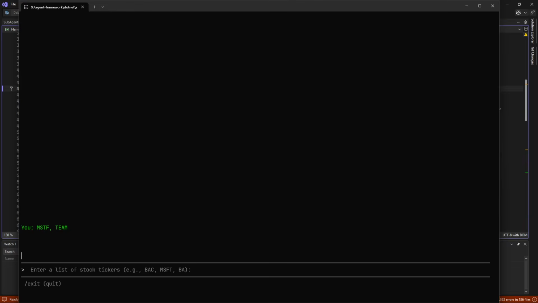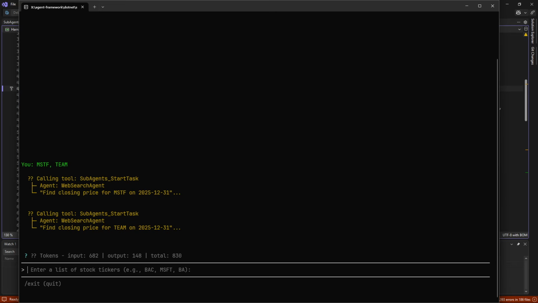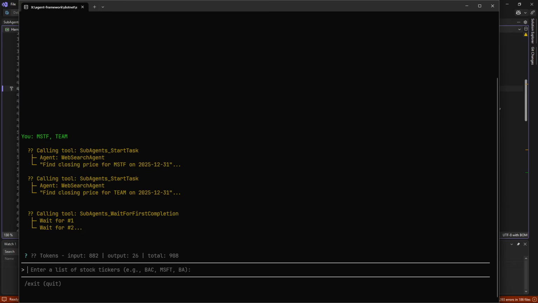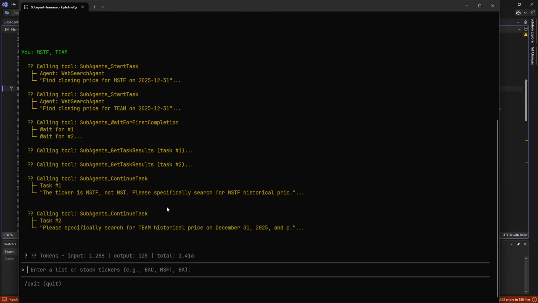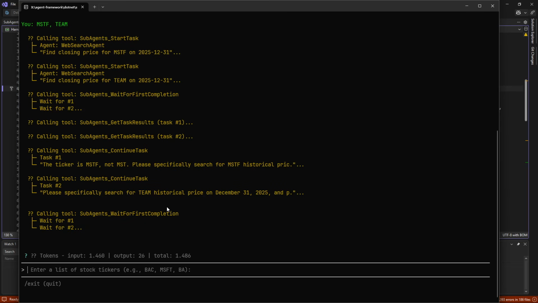So now it will spin up two sub-agents, one for each of them, and do the work, finding the price, apparently at the end of last year. I've seen this fail a few times, not getting the right data, but again, there's all this extra code that keeps track of all the state, how far along everything is.